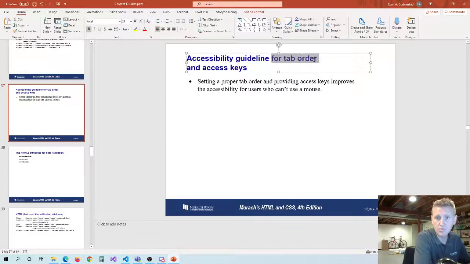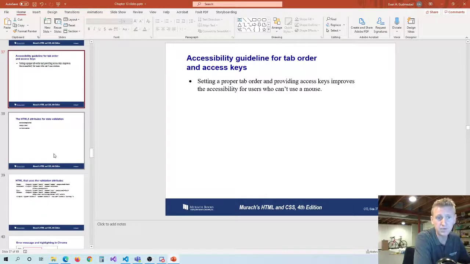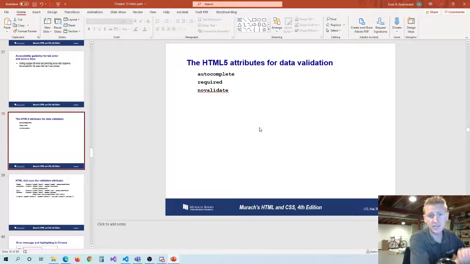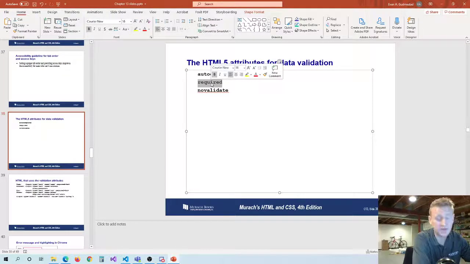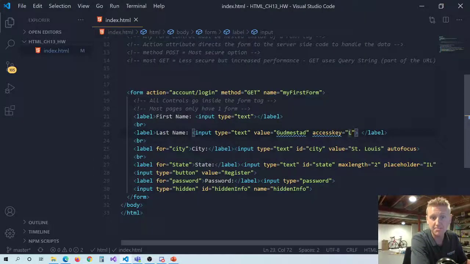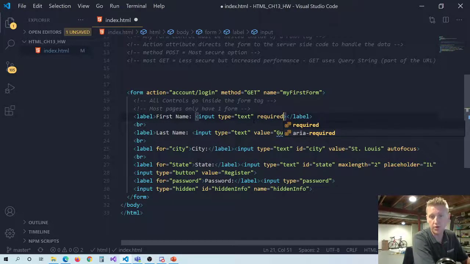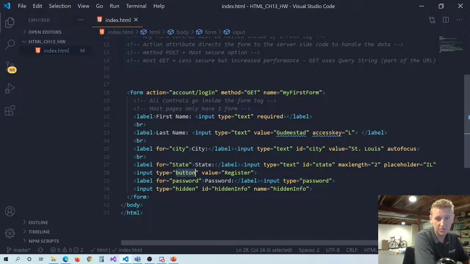And it doesn't really show tab order here, but I think it will show tab order in just a second. Built into HTML now, it used to not be built into HTML, we have some data validation controls, which is really nice. Marking an attribute as required means you cannot submit it, like first name, required. So that means I could not, if I change this to a submit button,